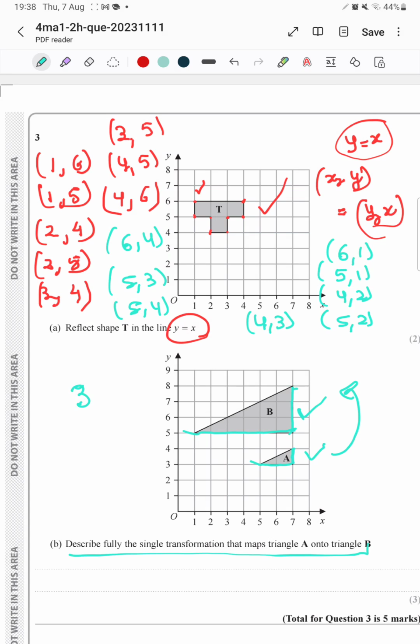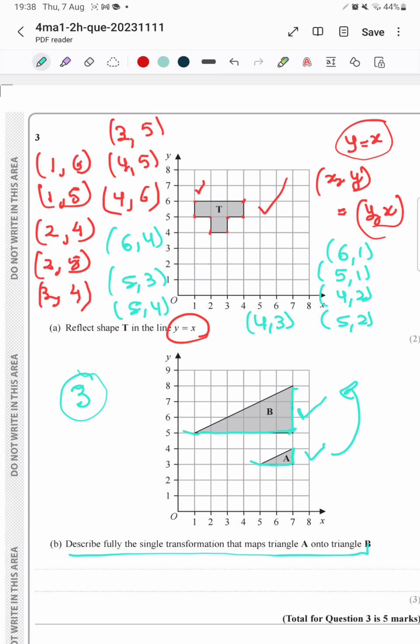So it is a positive scale factor because both the shapes are on the same side. That we have to discuss, actually, where the center of enlargement will be. So first thing is the scale factor is 3, because it's going to be 3 times. Second thing is we have to see this is an enlargement scale factor, and we have to find out the